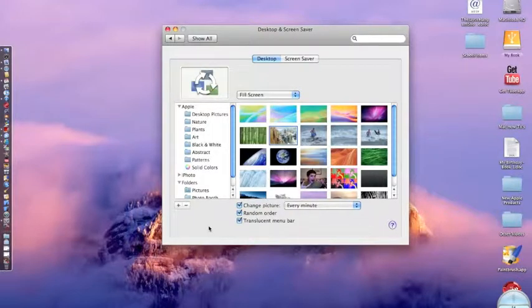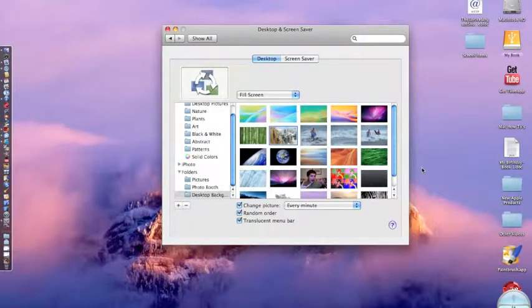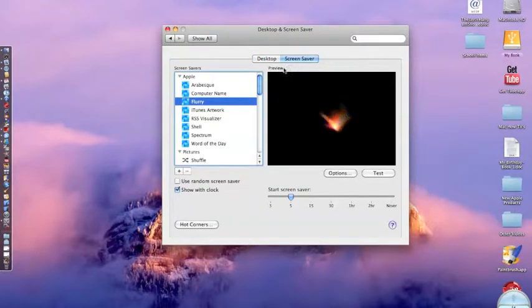You can also select it so it will randomize the folders. You can also create new folders with your own desktop pictures, whatever. Okay, change your screensaver. Just click on this screensaver tab, and there's multiple ones. If you scroll down even more,